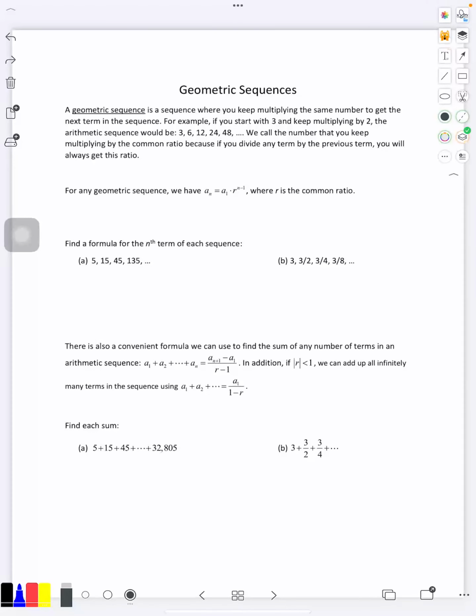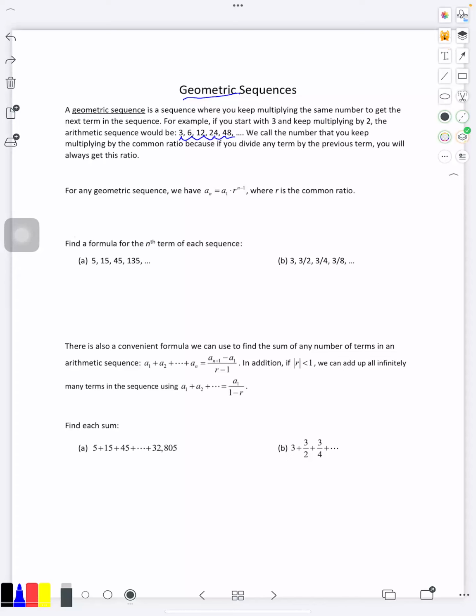The other type of special sequence is called a geometric sequence. An arithmetic sequence was when you kept adding the same number each time. A geometric sequence is where you keep multiplying by the same number each time. So 3 times 2 is 6, times 2 is 12, times 2 is 24, and so on and so on. And just like in the arithmetic case, we have some special formulas that only work for geometric